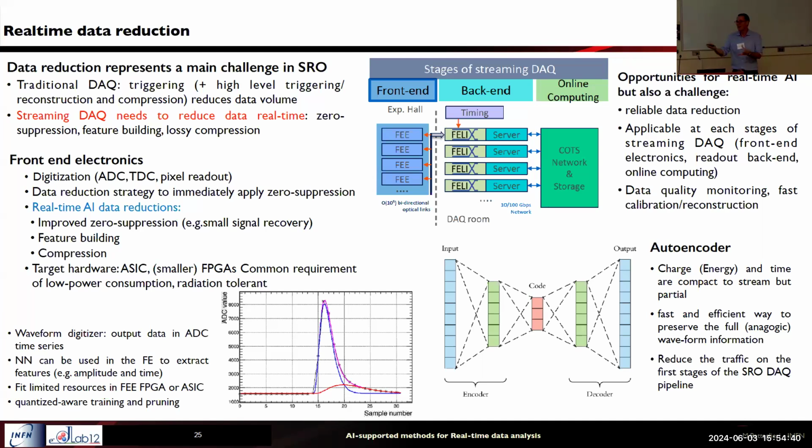Obviously, the data volume at the end of the day is a multiplication of two factors: the rate and the size of each piece of data you are moving. So either you reduce the rate, but the rate is not reducible, because if my silicon PM is firing for thermal reasons, not because it was really hit by a gamma, I cannot distinguish it from when it was really hit by a gamma. So I cannot reduce the rate. And then the only way is to reduce the size of the data that you are streaming out. And this is the reason why data reduction, and in particular this autoencoder, can be a good choice for that. In particular, what we are going to see tomorrow,